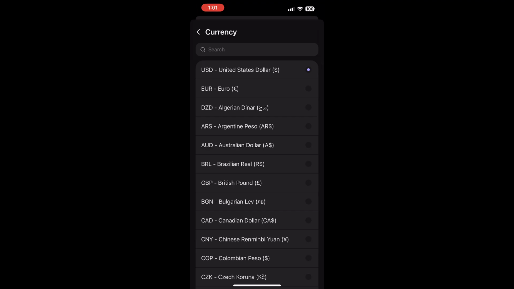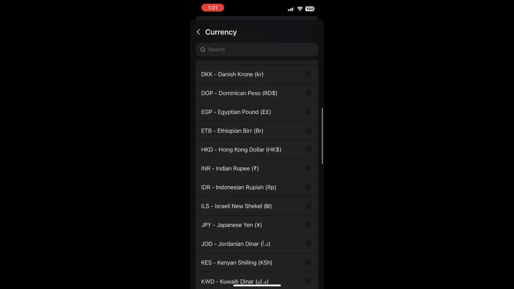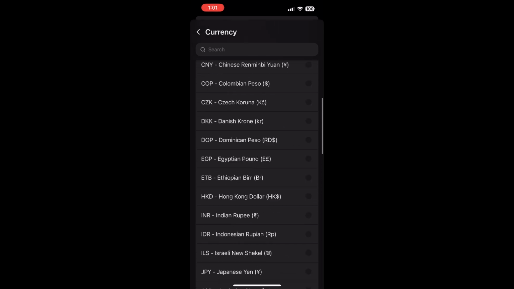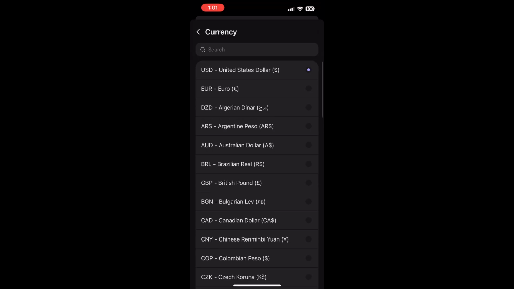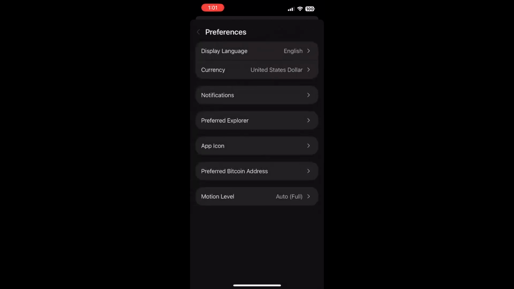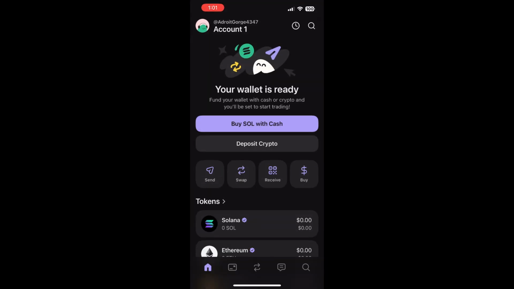Scroll through the list and select the currency you want to use. As soon as you choose it, Phantom will update your portfolio values and token balances to show prices in that new fiat currency. Go back to your main screen and you'll see your totals now displayed in the currency you selected. If you ever want to switch again, just repeat the same steps and pick a different